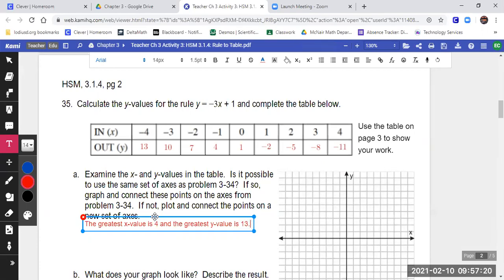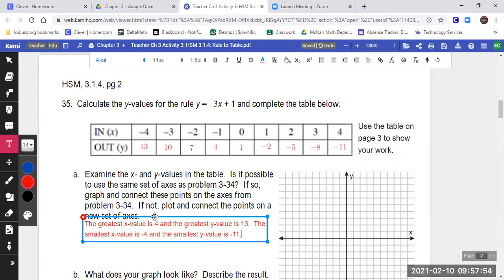Okay. The smallest X value is -4. And the smallest Y value is